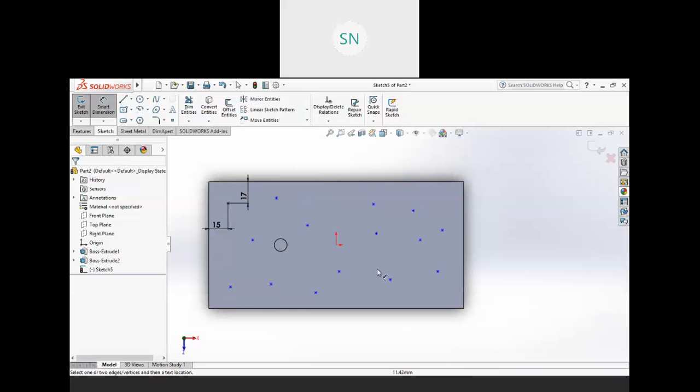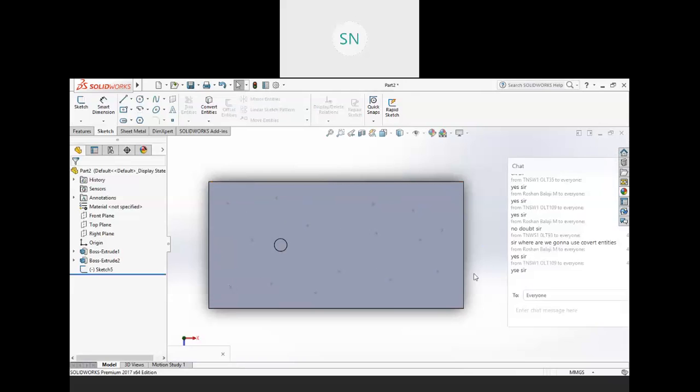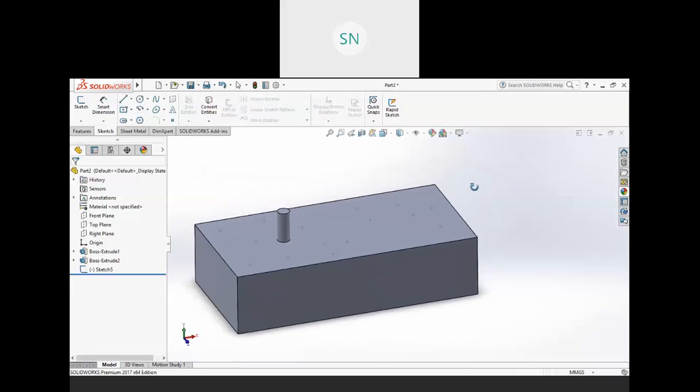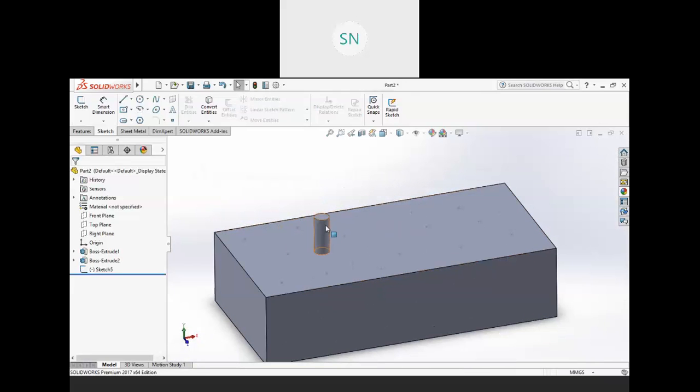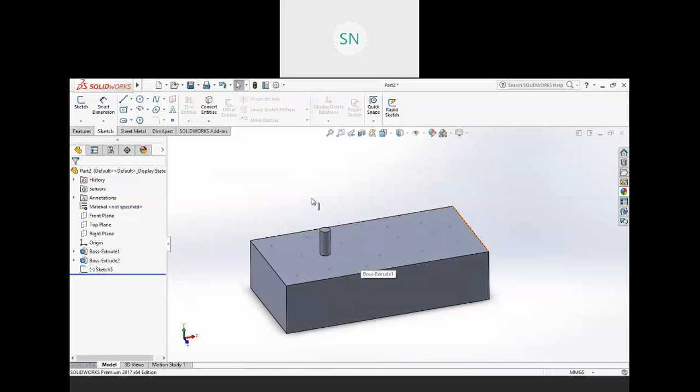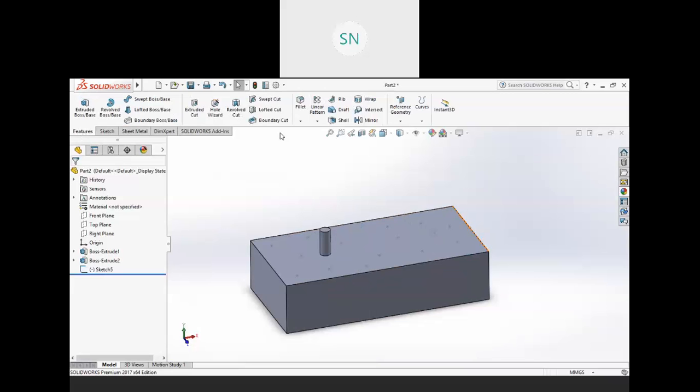So in this way you can provide a dimension for each and every point and then finish your sketch. So this is your sketch and you want a copy of this feature at these points, right? So for that we have a sketch driven pattern.